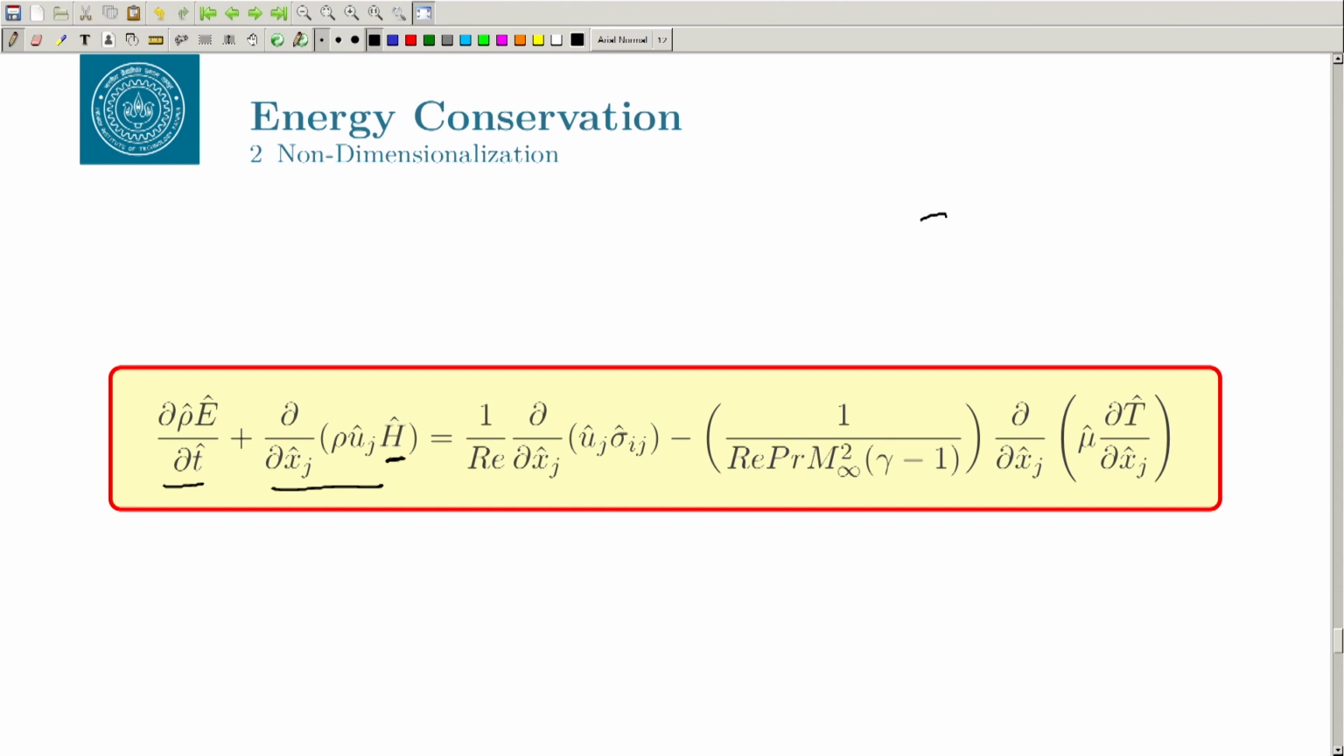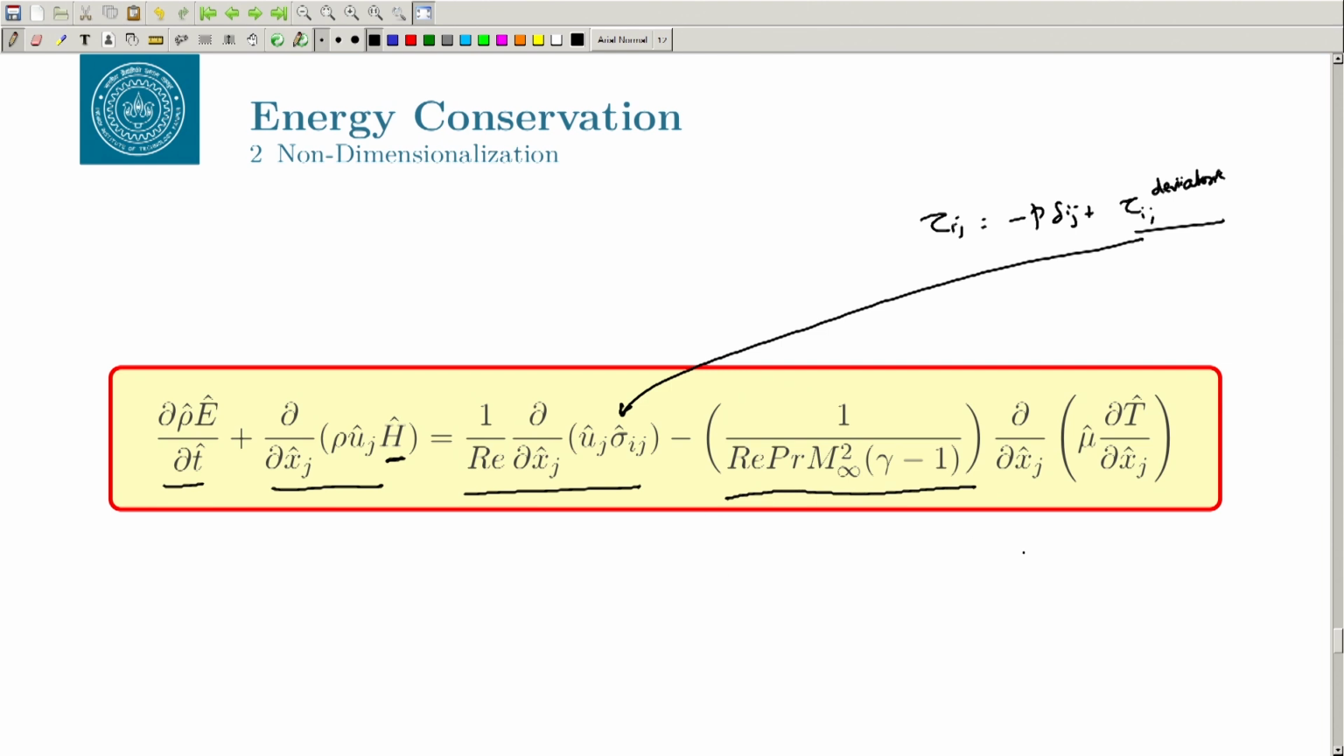Okay. Remember tau I j is equal to minus P delta I j plus tau I j deviatoric. Okay. So, the tau I j deviatoric is written in terms of sigma I j here. Okay. So, the 1 by Re terms appear here, and finally, you have this 1 by Re Pr Mach infinity square gamma minus 1, which is appearing in your thermal conductivity term, and here you do not need a thermal conductivity, okay, but you can just use your non-dimensional viscosity, and that will work,